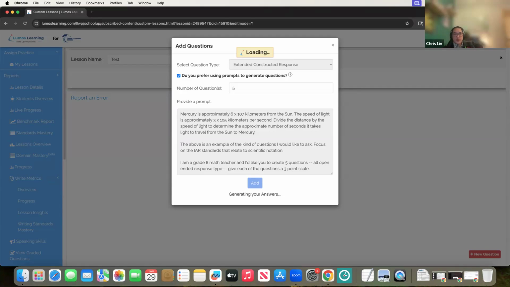And the explanation that it provided is a lot more detailed than I would have expected. So the detailed explanation, if we share this with students, do they see the detailed explanation, or is it more for teachers? The students will see it only after they've responded. It's part of their report or the results page. So if they're struggling with it, they can see it and potentially learn from it. Exactly. Okay.